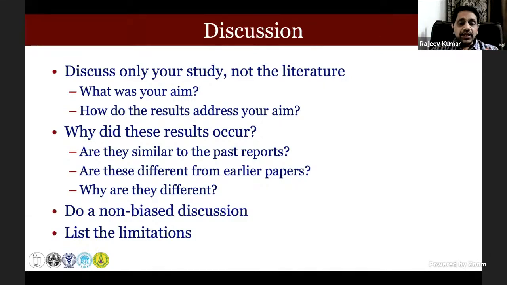Whatever it may be, what is the value of the information that you're providing, and how does that relate to other publications? That is what comes in the discussion. You of course have to quote other people's studies. You have to give a comparison with what others have done, because that's what puts your data into perspective. But it's not just so many citations of so many people who have done it. Explain what you mean and what it means in terms of the current knowledge, and of course list your